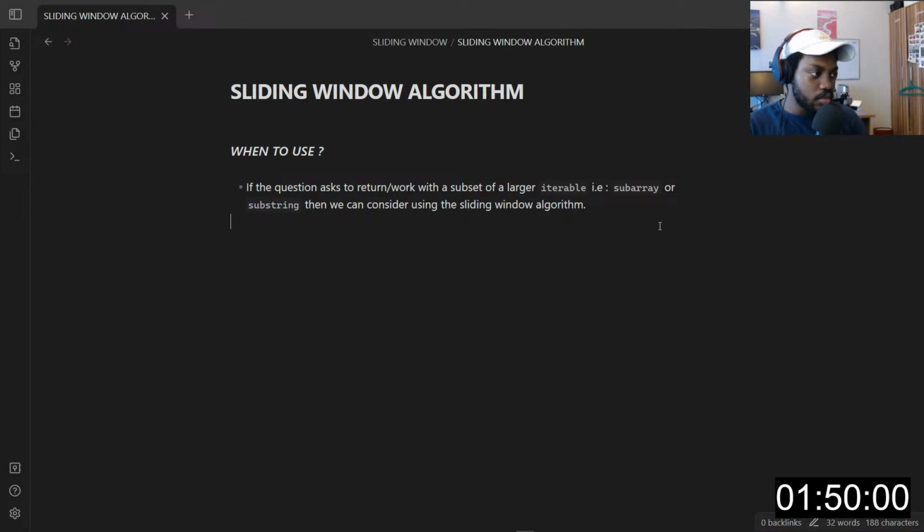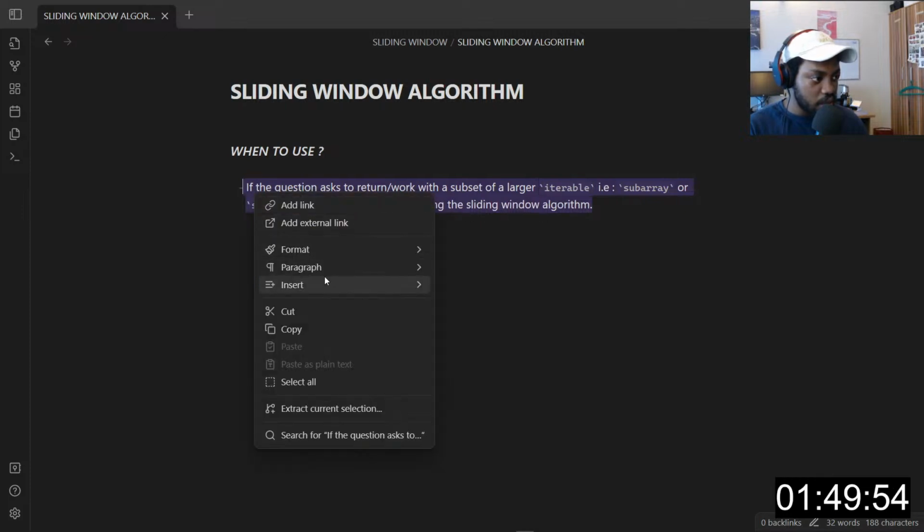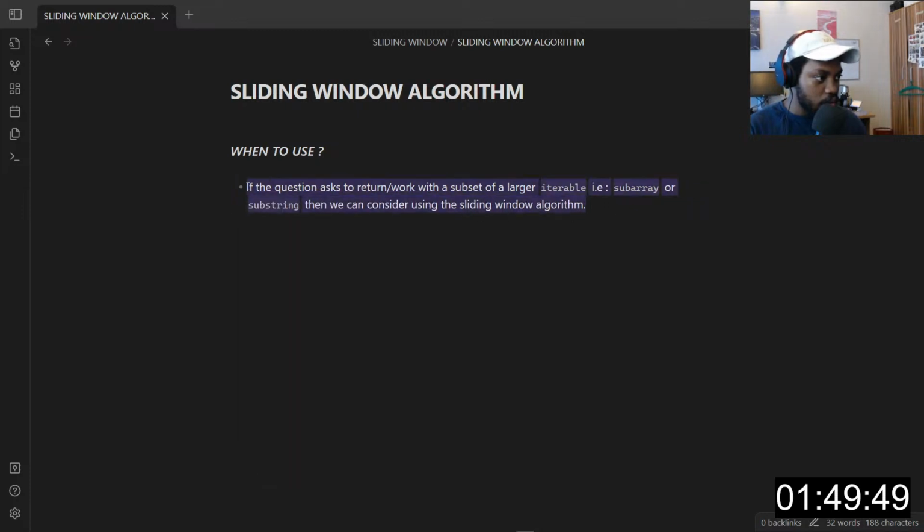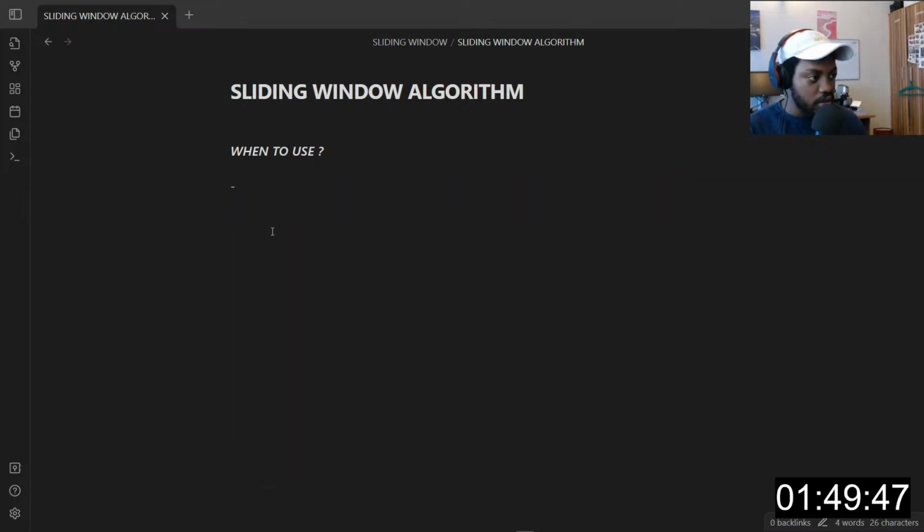I don't know why this is like this. I was thinking to use something like a... you know what, I'll properly format this. I don't want to use something like this.